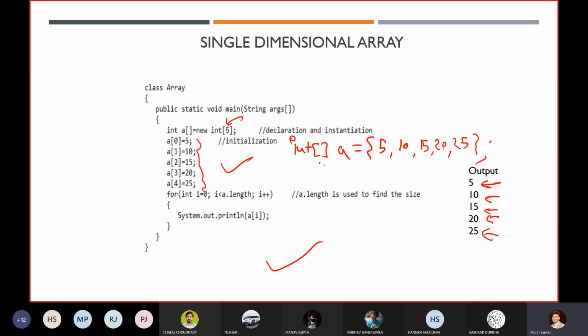सो आप पर है कि आप कौन सा सिंटेक्स यूज कर रहे हो, यहाँ पर बोथ आर फाइन, राइट। तो अब यहाँ पर तो आपने ये यूज कर लिया, बट व्हाट इफ कि अगर मैं आपसे बोलूं कि ये जो वैल्यूज हैं ये भी आप रन टाइम पर लो, आपको पता नहीं है साइज ऑफ एन एरे क्या है, लेकिन ये जो साइज ऑफ एन एरे है ना, ये आप रन टाइम